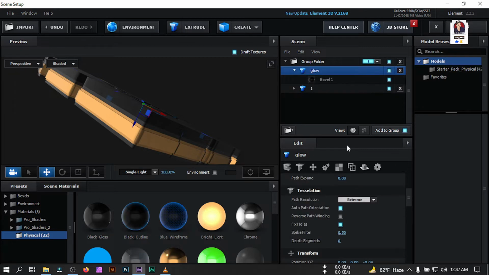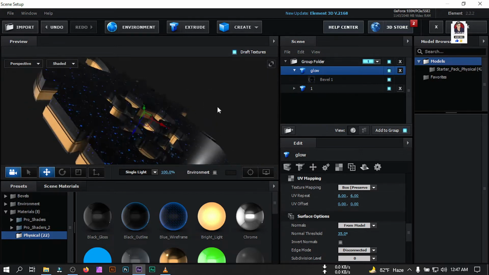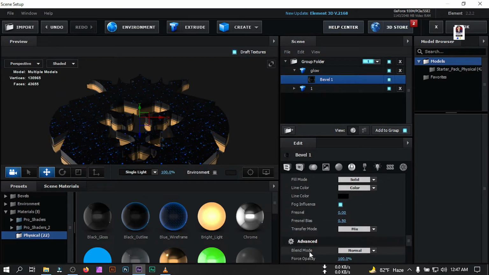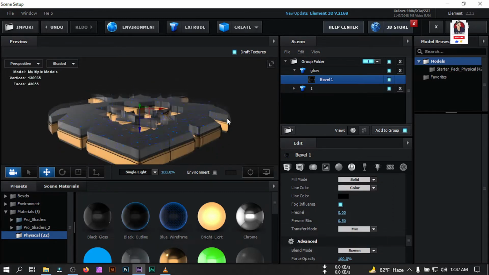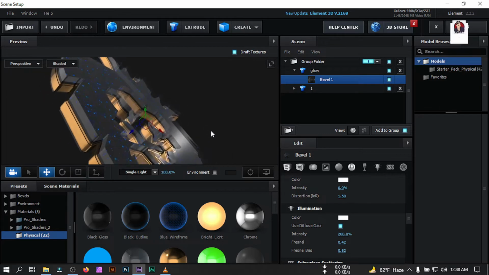Then click on this glow, go to UV mapping, and for this make it 8 and this 6. After that select this, go to blending option, blend mode, and make it to screen. Okay, now you can see something like glass effect here.